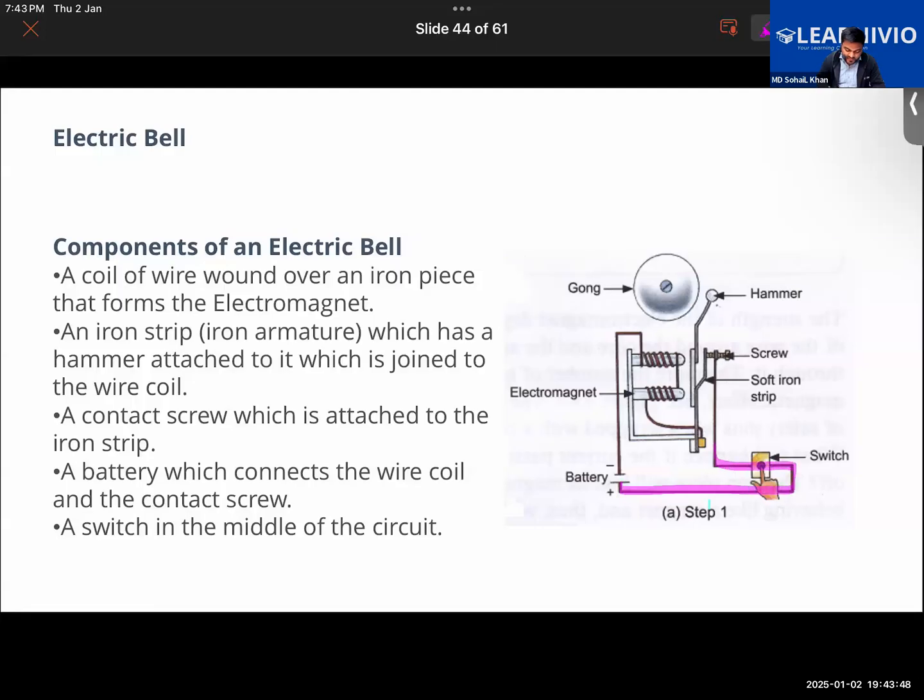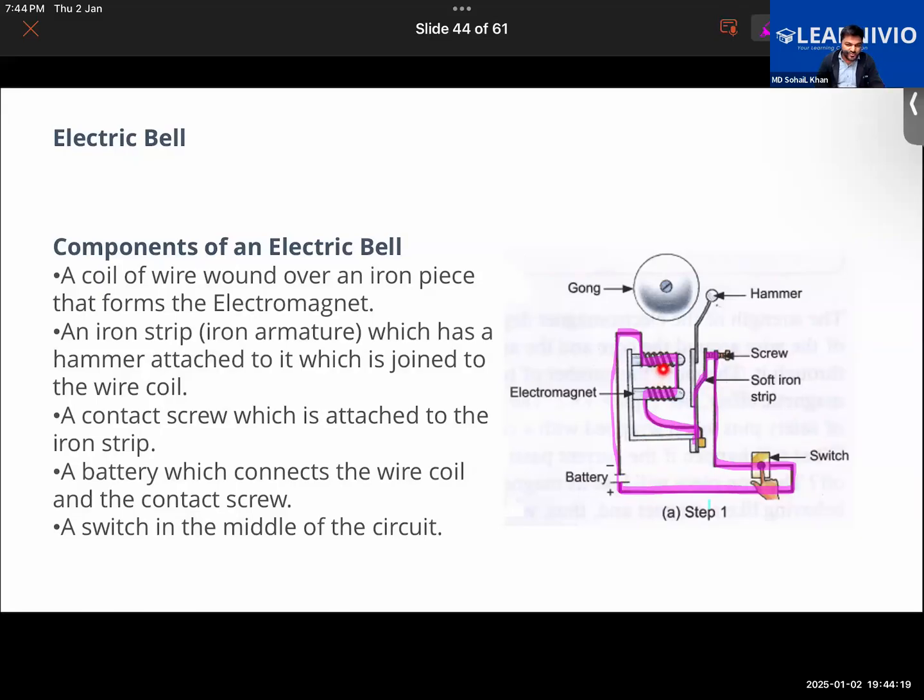And look at the path of the flow of current. Pay attention to that. So it flows from here, and from here the current further goes to this. Getting it? Like this, the current is flowing. So when this electromagnet gets electricity, it will start to behave like a magnet, and we know magnets